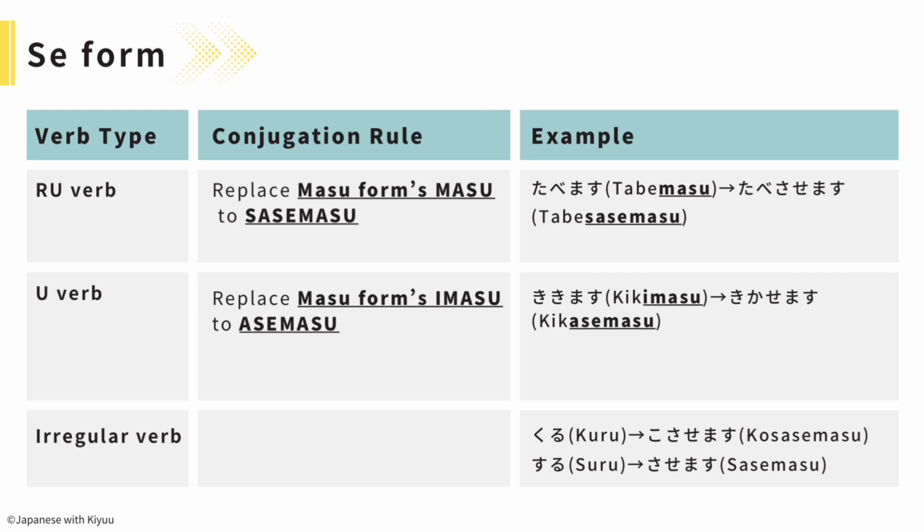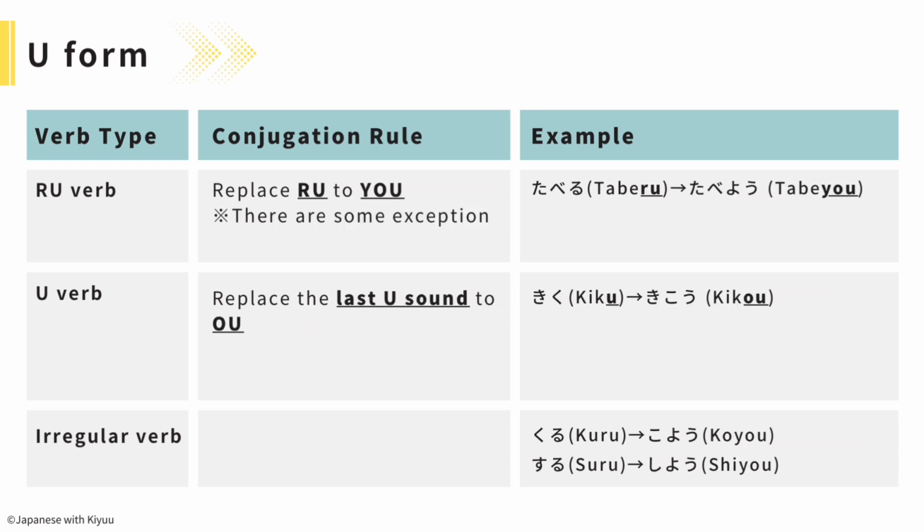Causative form: る verb, replace ます to させます. For example, 食べます is 食べさせます。う verb, replace the ます form's い sound to あ sound and add せます. For example, 聞きます is 聞かせます。Irregular verb, 来る is 来させます。する is させます。